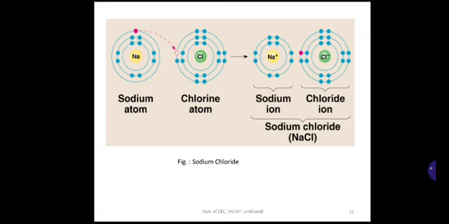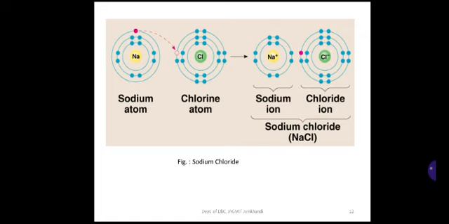So observe the figure very carefully. The sodium atom's one electron from the outermost orbit is donated to the chlorine atom. Each Na plus ion exerts an electrostatic attractive force upon its 6 Cl minus neighbors and vice versa. These Coulombic forces pull the lattice together until a balance is reached with repulsive forces.